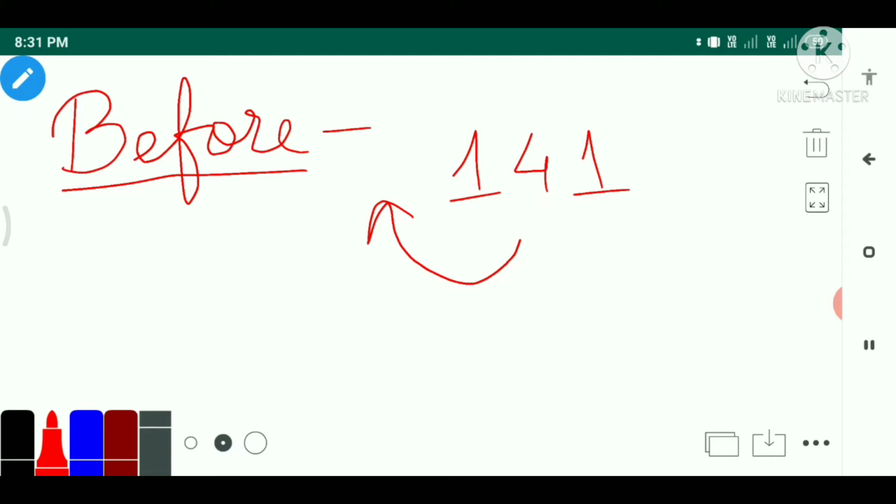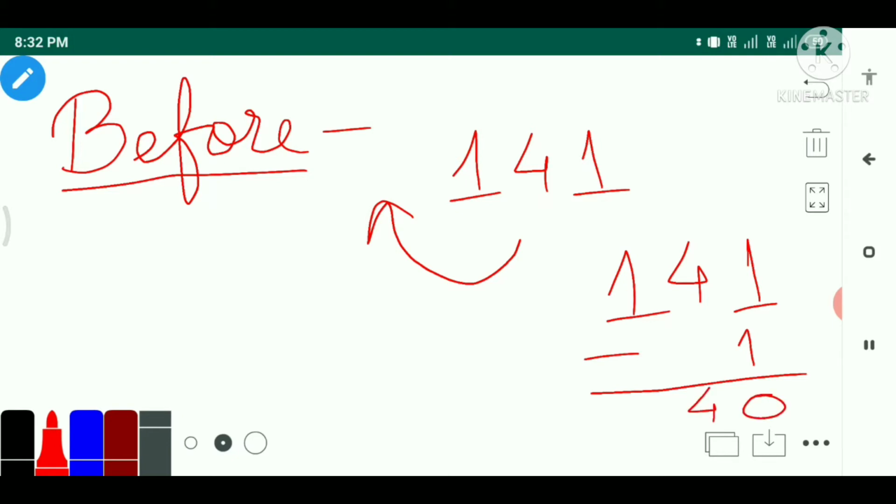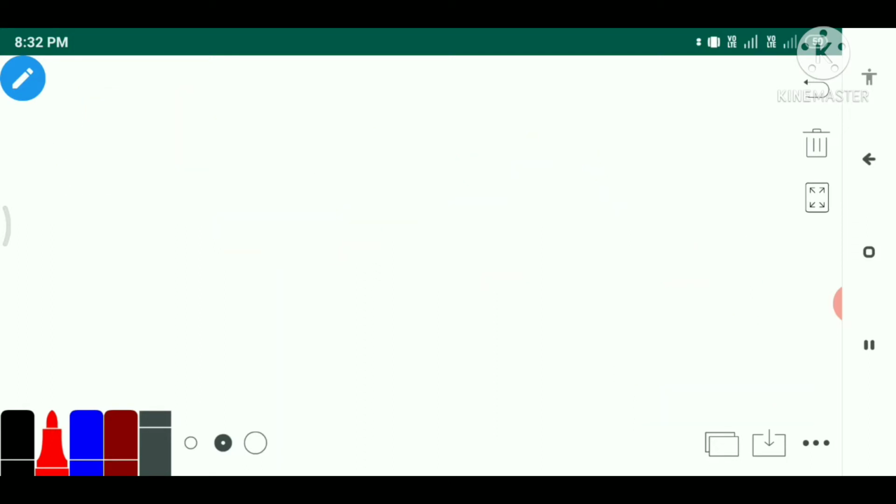We'll subtract 1 from that number. So while doing minus 1, 1 minus 1 will become 0, this will become 4 and this will become 1. Okay, so the number before 141 will be 140.